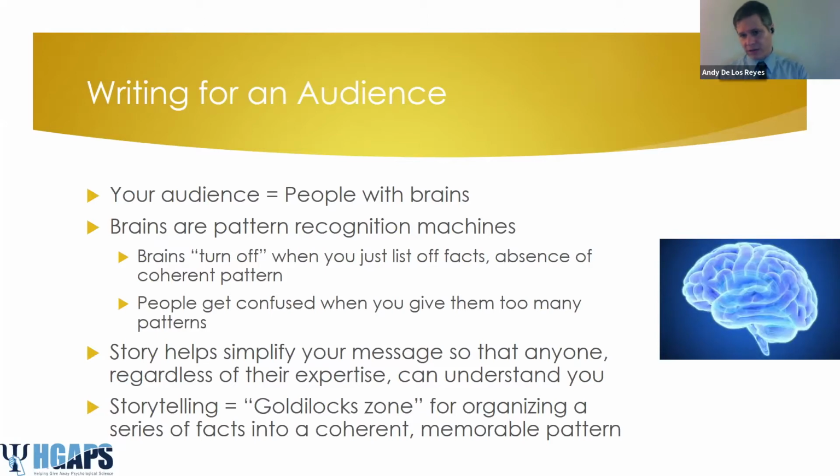When you give people successive facts, you're going to get very little back from them. It gets old very quickly because our brains have evolved to see patterns. Sometimes those patterns get us in trouble, like when you look up at night and you're like, that's a UFO. It's just a bunch of lights. It's not a UFO. Sometimes the patterns aren't that good, but the reason why we have them, and the reason why we can use them for good or for bad, is because our brains are used to turning on when we start seeing things shift. Right?